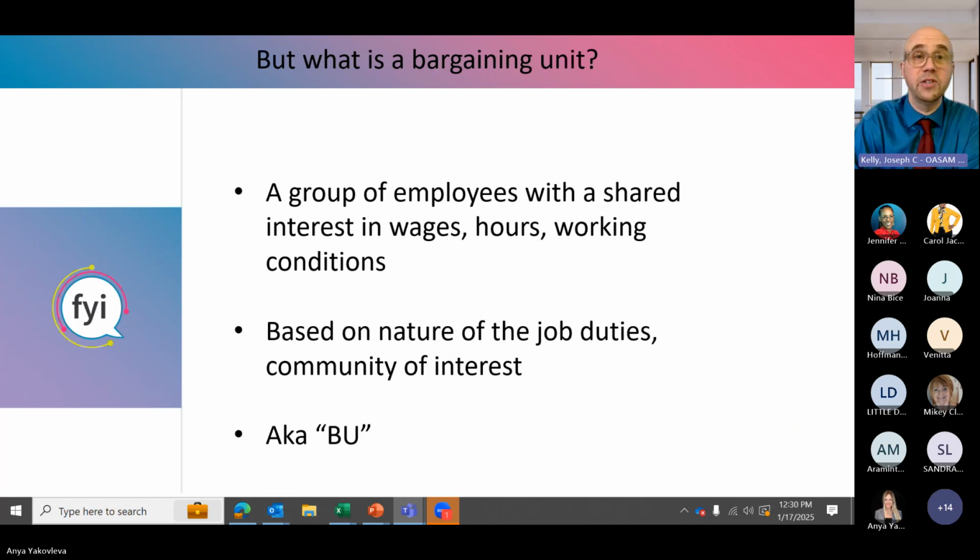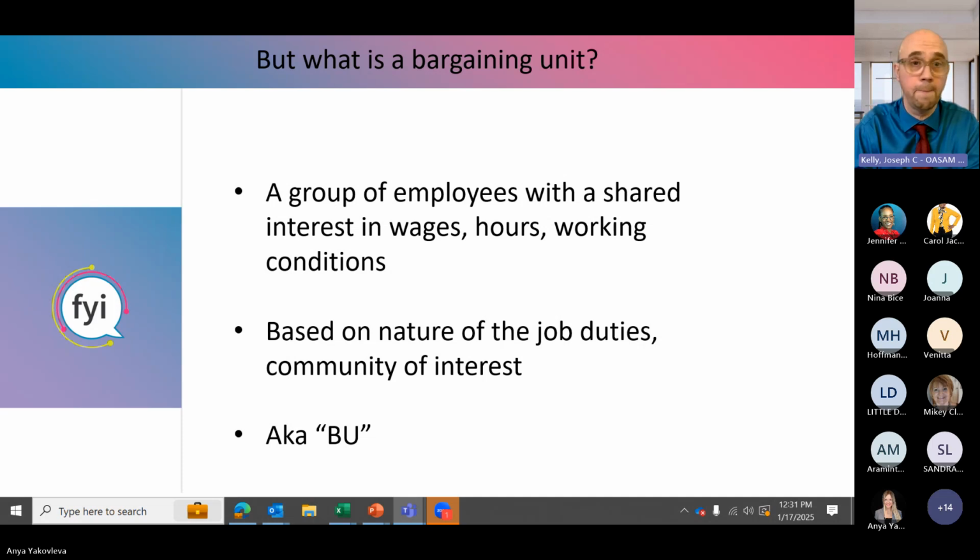So then that definition leads to the question, what is a bargaining unit? And the answer is it's a group of employees with a shared interest in wages, hours, working conditions based on the nature of their job duties and their quote unquote community of interest. And so for example, you might have a group of employees who want to form a union. And so the FLRA's question in determining their bargaining unit is whether these employees are a group of people for which it makes sense to lump them into a group to allow them to collectively bargain their conditions of employment